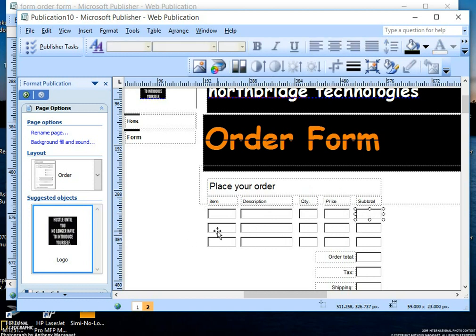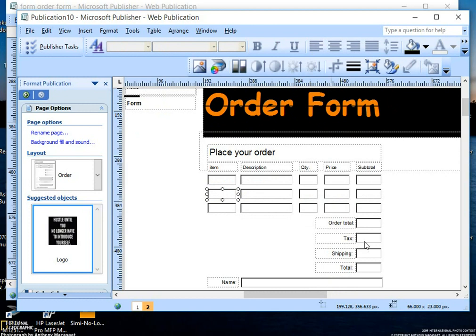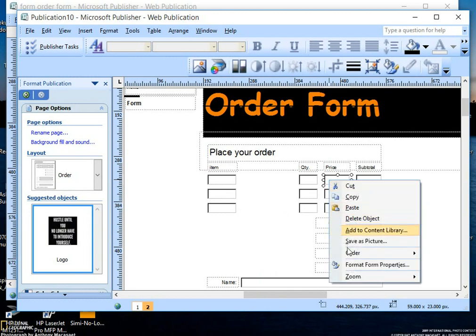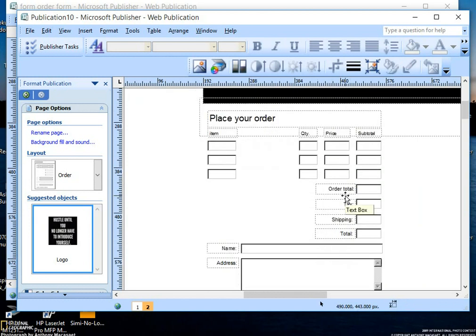So here you can apply as many, or you can put as many orders as you may. You can as well remove, for instance, description. You can cut out description. Then you can be having item, quantity, price. Then here you can fill in the price. You can edit. Here you can fill in the price. Here you can have the order